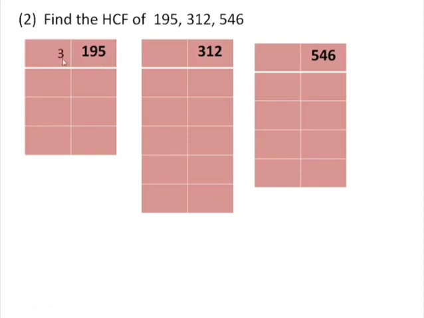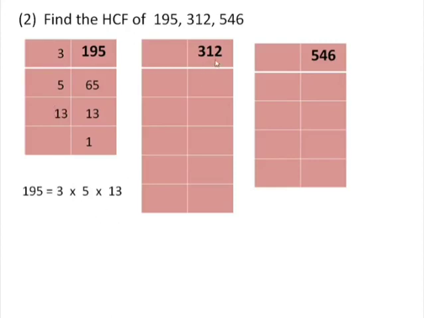So we will take the first factor as 3. Divide 195 by 3, you will get 65. So write 65 below 195. Now 65 is not divisible by 3. It has 5 in the unit place, so we will take 5 as the factor. When you divide 65 by 5, you will get 13. Now 13 is a prime number. So we will divide 13 by 13, you will get 1. Now write 195 in product form. It is 3 multiplied by 5 multiplied by 13. You will write these prime numbers in the product form.